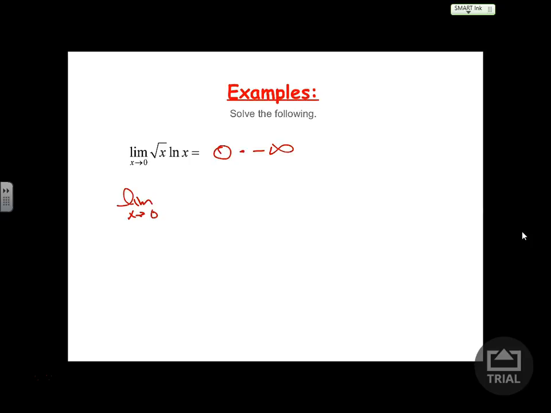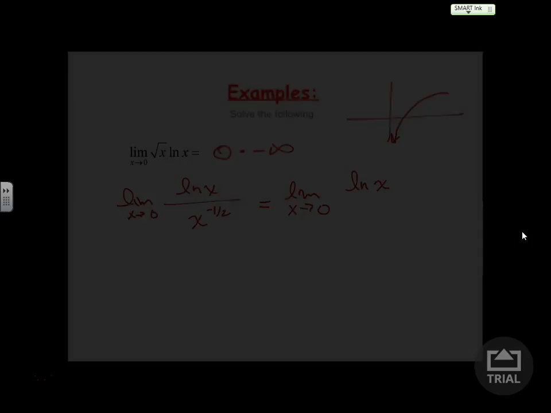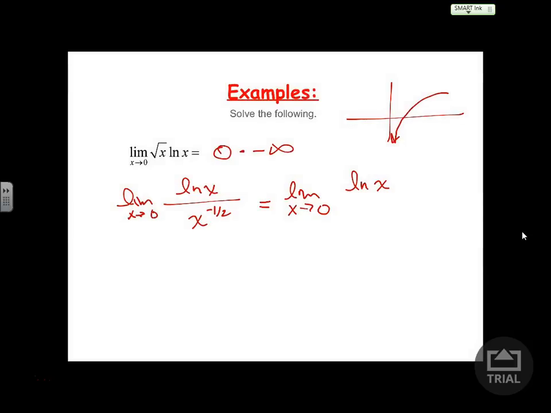So we'd have ln of x, which is negative infinity, over 1 over x, which is positive infinity. Ultimately, we get infinity over infinity. That's L'Hopital's, right? So then we have the limit as x goes to 0 of 1 over x all over